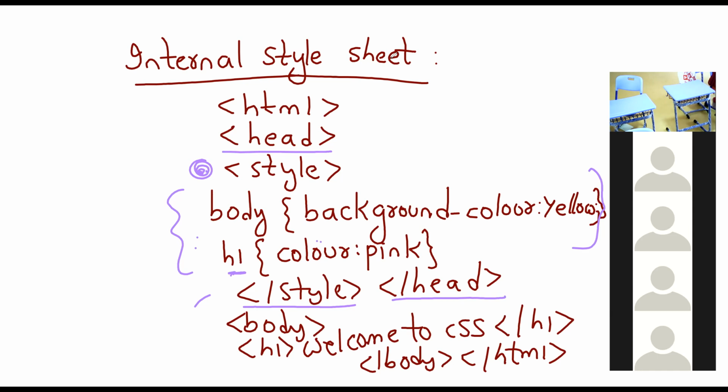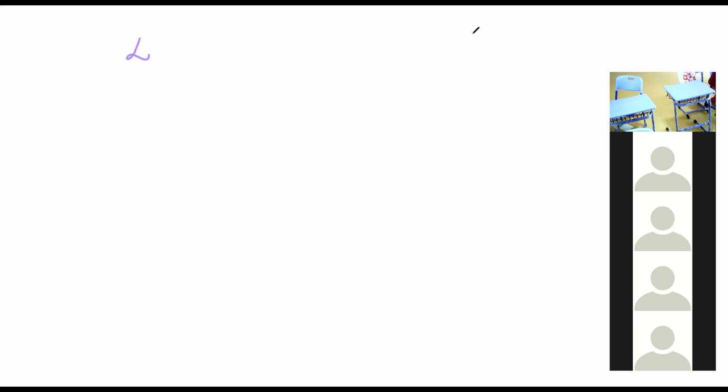So in order to overcome that, we have the external style sheet, which is completely different. I'll tell you. For an external style sheet, we need .css files. For today, just understand it theoretically. You'll understand when we do it practically. External style sheet is used to apply CSS on multiple pages or all pages.